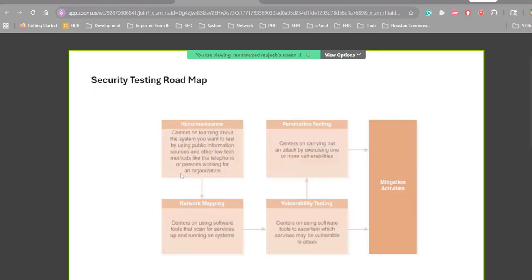Security testing roadmap: reconnaissance centers on learning about the system you want to test. Basically, you need to know exactly what systems you want to test. And network mapping centers on using software tools that can scan for services up and running on systems. So basically, you can network map it by using the tools. And then vulnerability testing centers on using software tools to ascertain which services may be vulnerable to